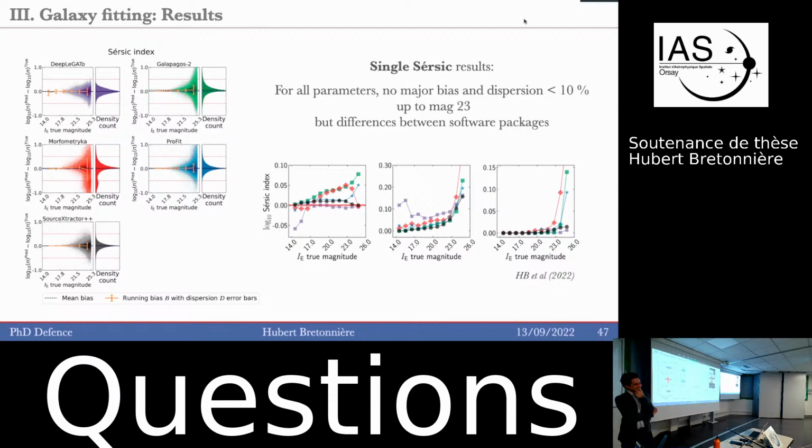He's the only one doing fitting that is able to get relatively high accuracy at low signal to noise. You mentioned that it could be related to some prior in bulge to total or bulge to disk at the center, or at least to start with. Did you try to check whether this is really true? You can plot those results as a function of bulge to disk or bulge to total and see